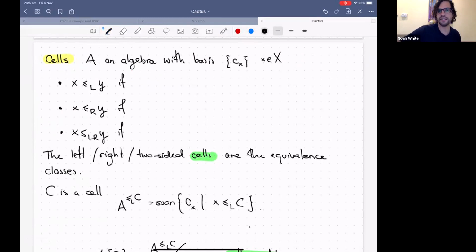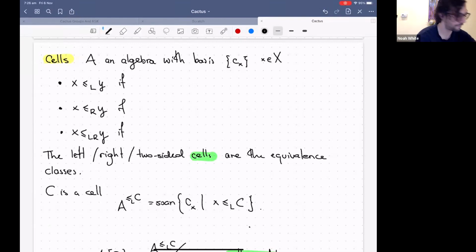So basically the idea is that you have an algebra A and you have some basis labeled by some set X, and you want to construct representations for it. So this is going to be a procedure for constructing representations of your favorite algebra. With your basis, you define three orders, or one of these three orders. So you define a left order. X is less than or equal to Y in the left order, where these are elements of X,